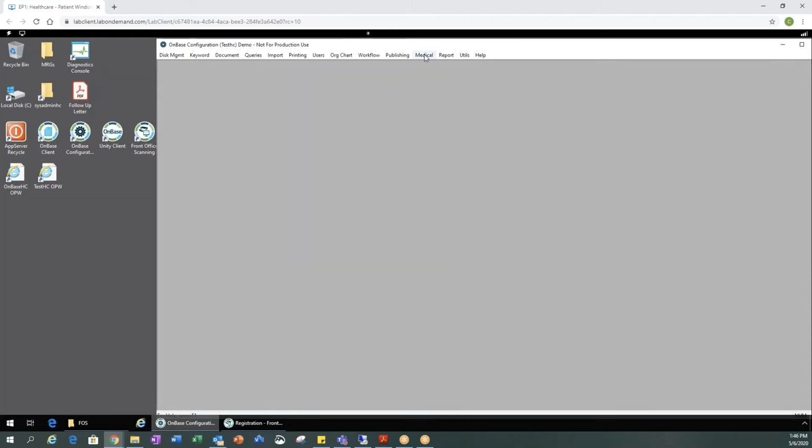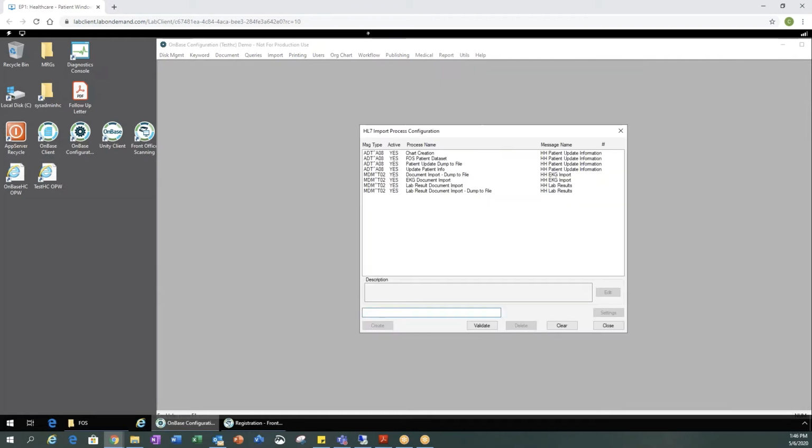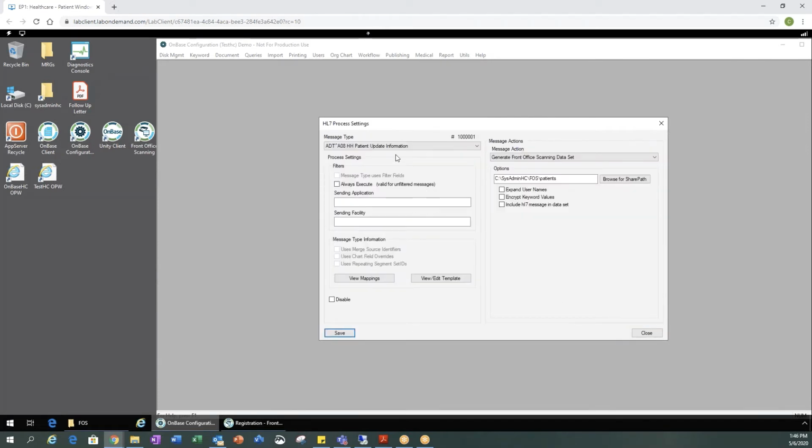And then the next thing, we would go to Medical, HL7, and select our import process. From there, we need to create an AO8 message. We would need to identify the message type, the sending application, so this would be your EMR system, the message action, which for the front office scanning would be to generate a front office scanning data set, and the location of that data set. Once you have all this configured,